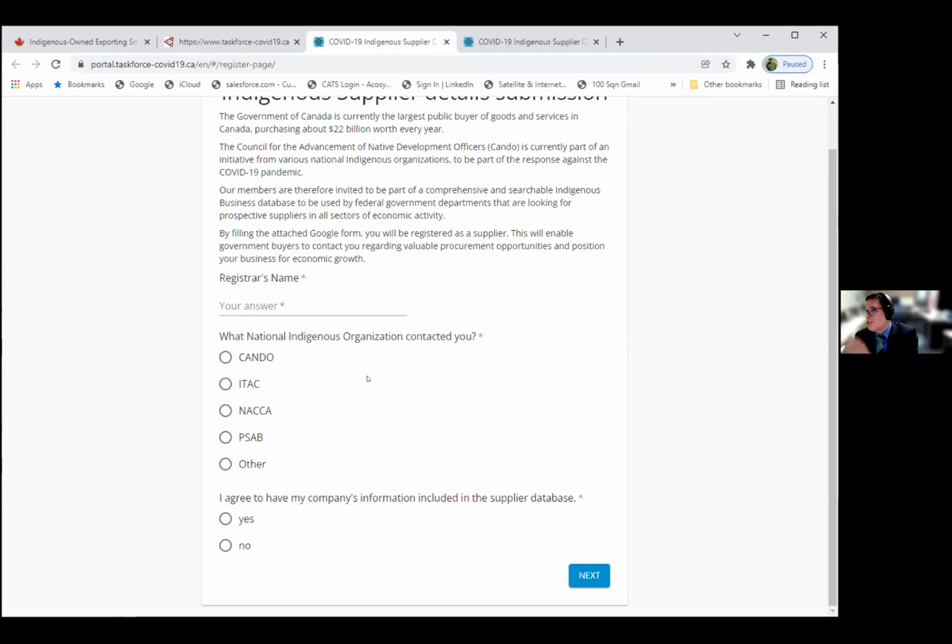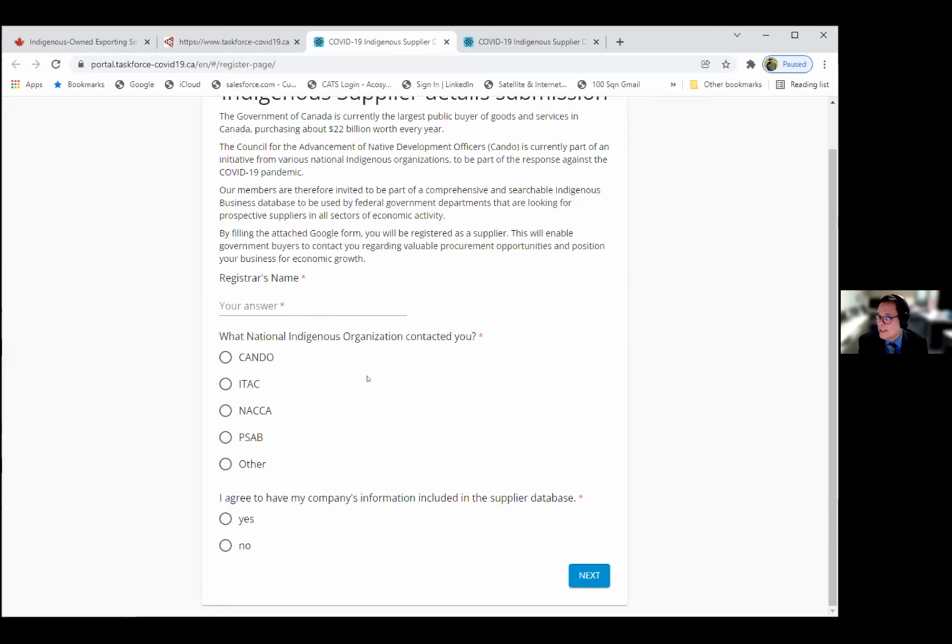So if you're already on the PSIB database, you would basically automatically get published, because if you're good for PSIB, you're good for CANDO. But if you're not there, CANDO will help you get onto the PSIB database, go through the vetting and everything else, and help you get through that, whether you're a joint venture or a digital supplier. And then when PSIB publishes you, we publish you at the very end